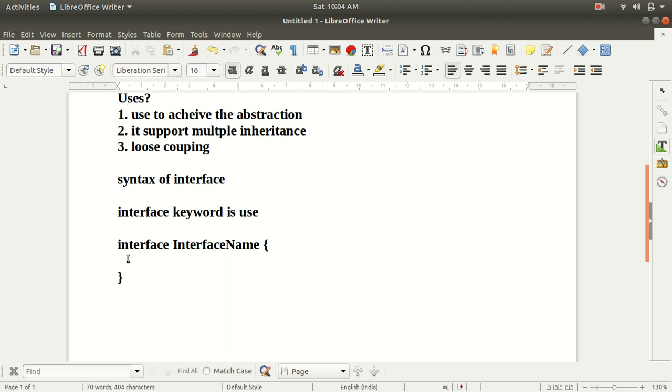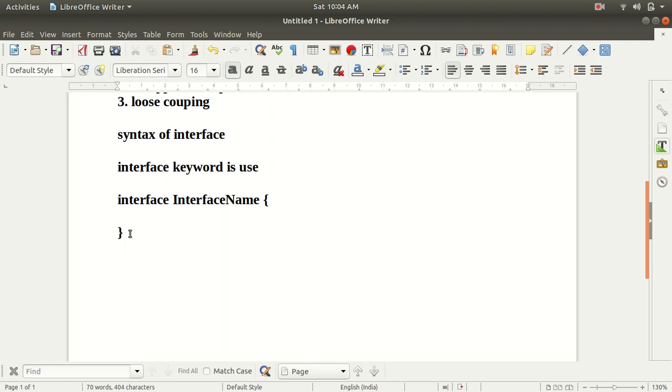Now we are going to see what things we write inside the interface. This is the interface, the interface keyword and the interface name, and inside this we write the methods, and we can also create fields or properties. Now let's see what methods we can create inside the interface.